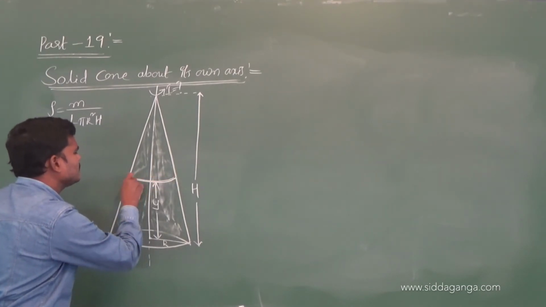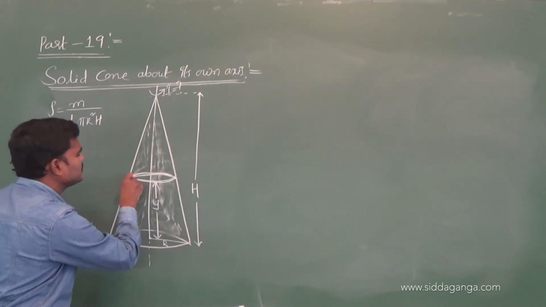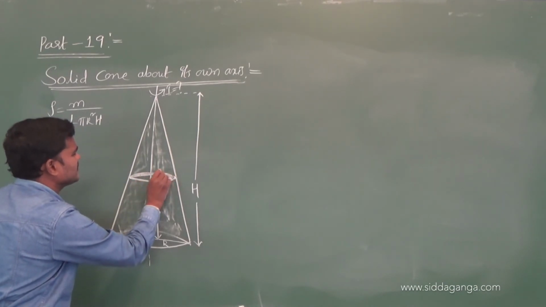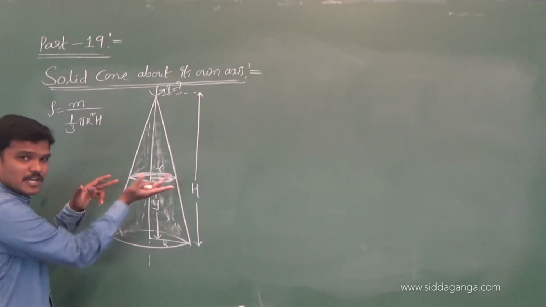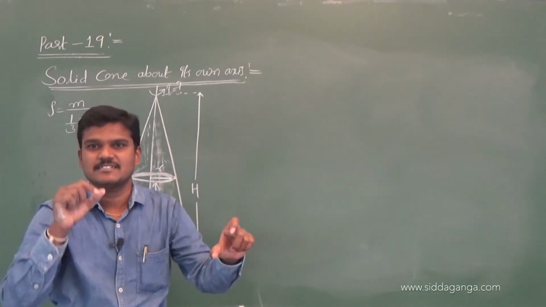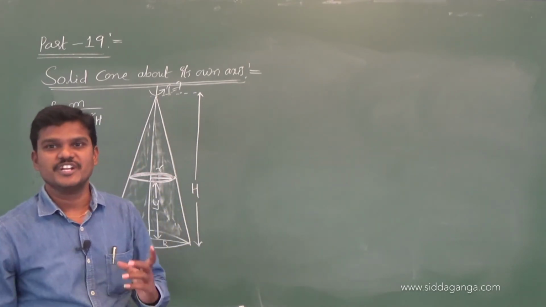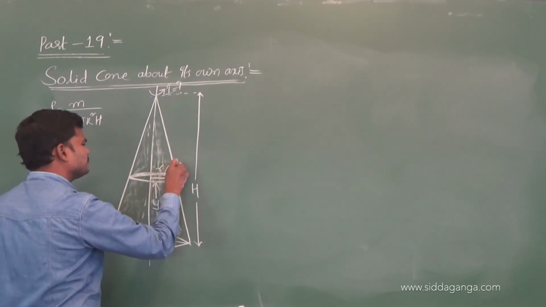This small part, if you cut it outside, looks like a circular disc. Take one slice outside. Let us consider its radius as small r. You cut a small part, take it outside, take a slice. That small part looks like a circular disc whose radius is r, and whose mass, let us suppose,